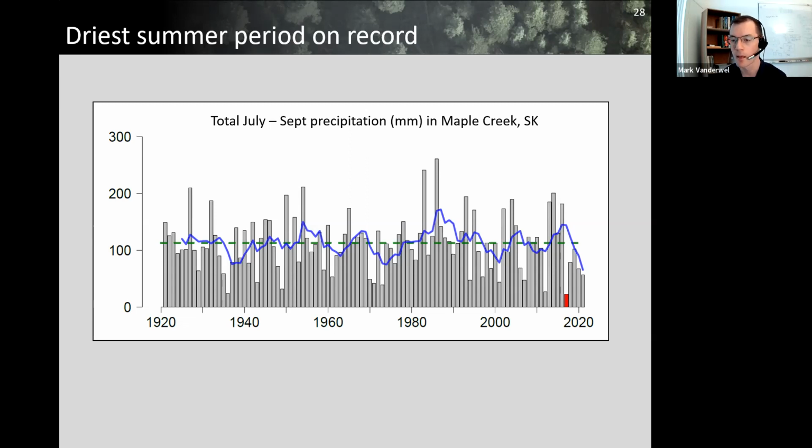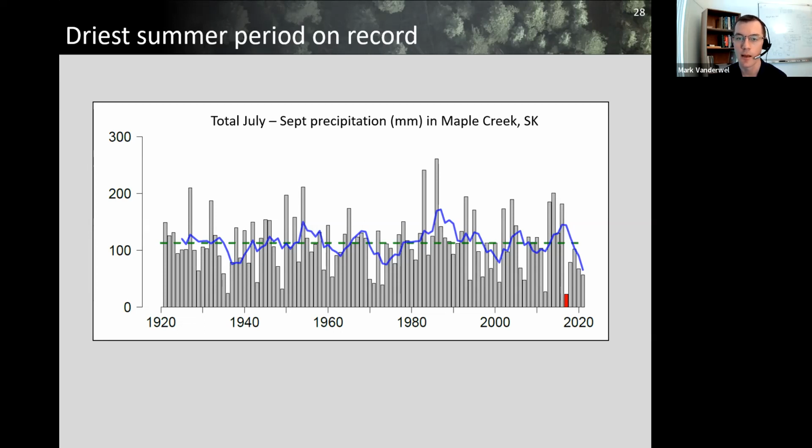Now, summers have been a little bit wetter in the 4 years since then, but they've still all been below the long-term average. And as a result of that, the 5-year average summer precipitation rate is currently the lowest it has been over at least the past 100 years. And so we're seeing an abnormally dry period for one of the driest forest